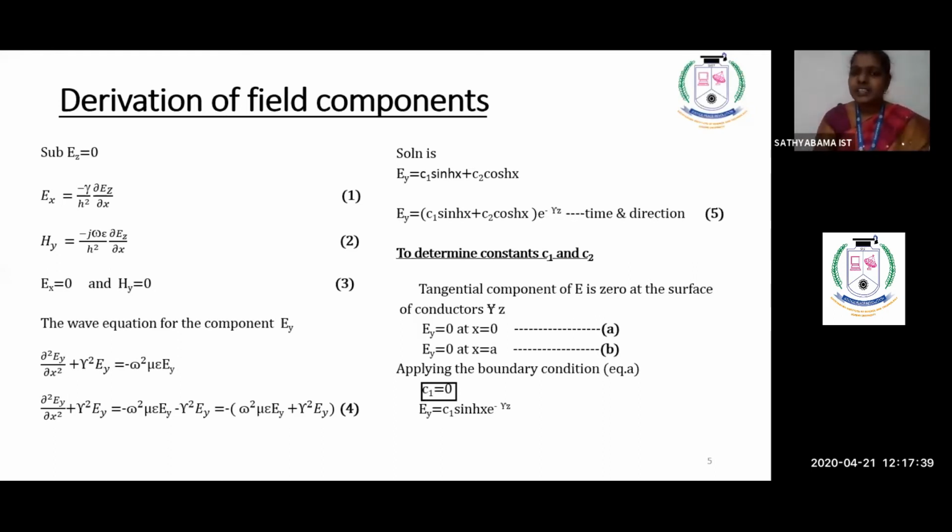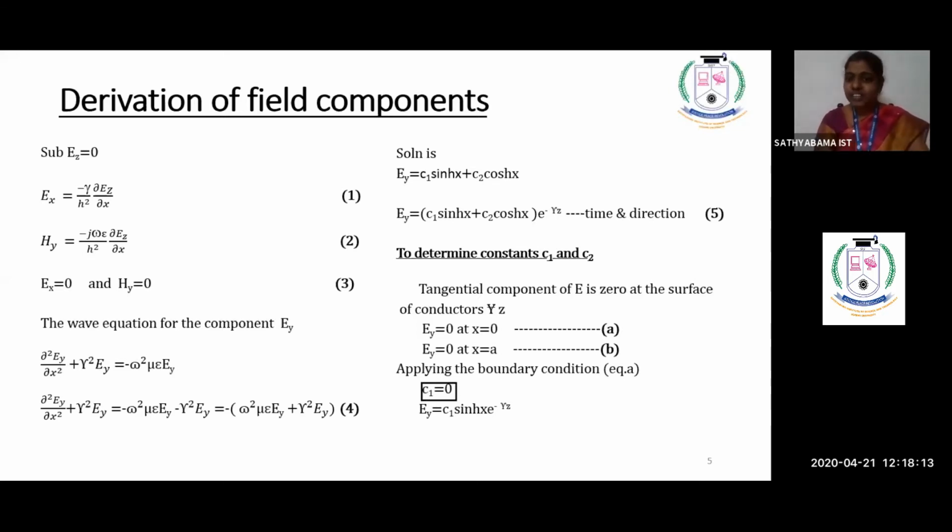So next thing is, after your Maxwell's equations, always your wave equation helps you in finding out your solution. If you go and see back in your parallel plane wave, we have written the wave equation as del square E equal to gamma square E and del square H equal to gamma square H. If you know that, it will be very easy for you. That del square can be expanded as dou square by dou x square plus dou square by dou y square and dou square by dou z square, along the three directions.